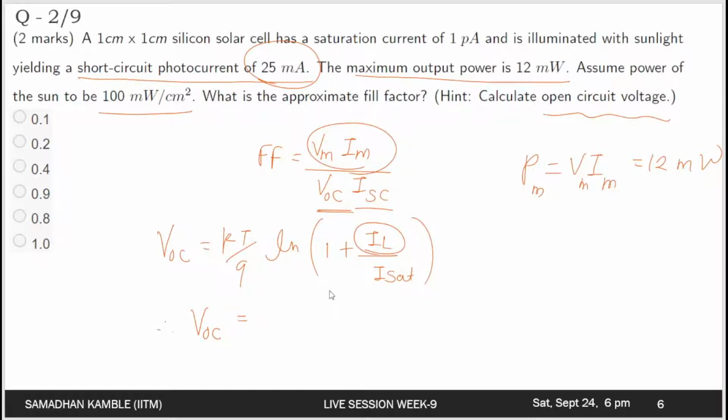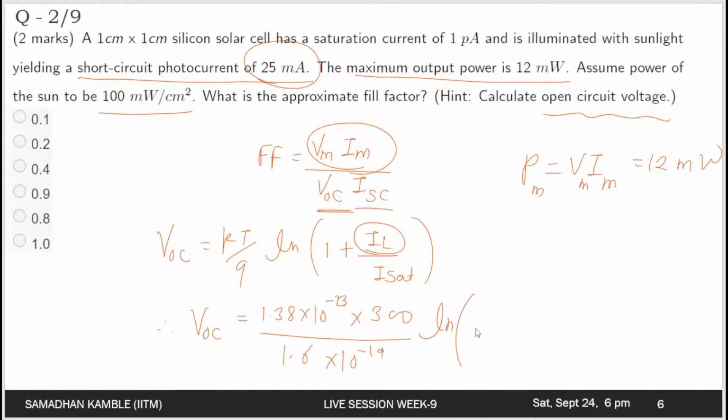Let us do it in SI units first. So k is 1.38 times 10 to the power minus 23 times temperature, we can take room temperature 300 Kelvin, divided by the electronic charge 1.6 times 10 to the power minus 19